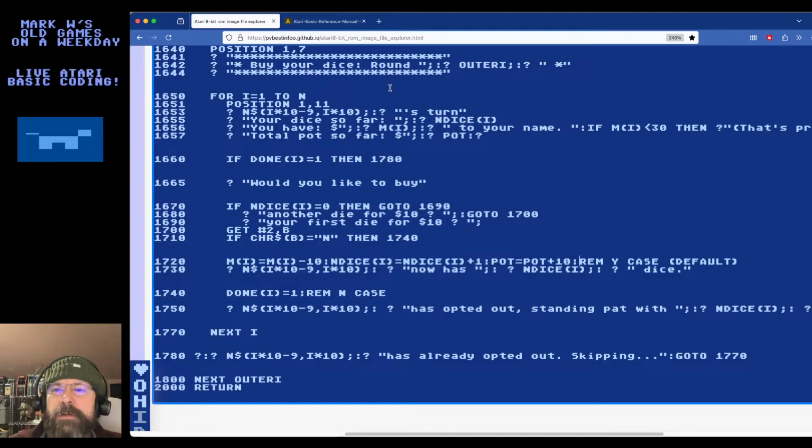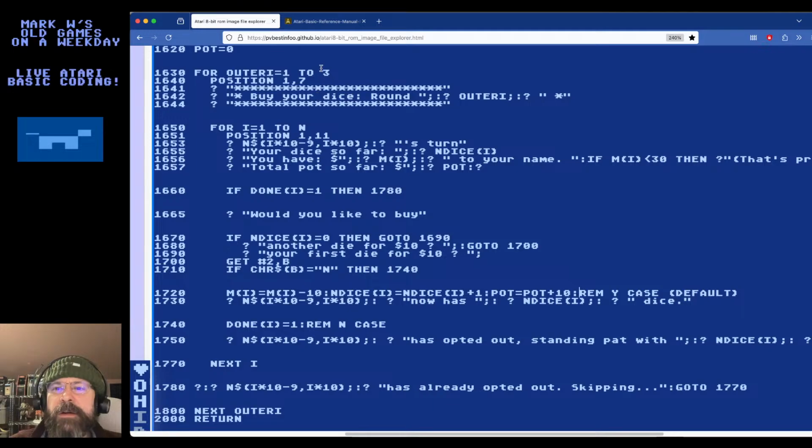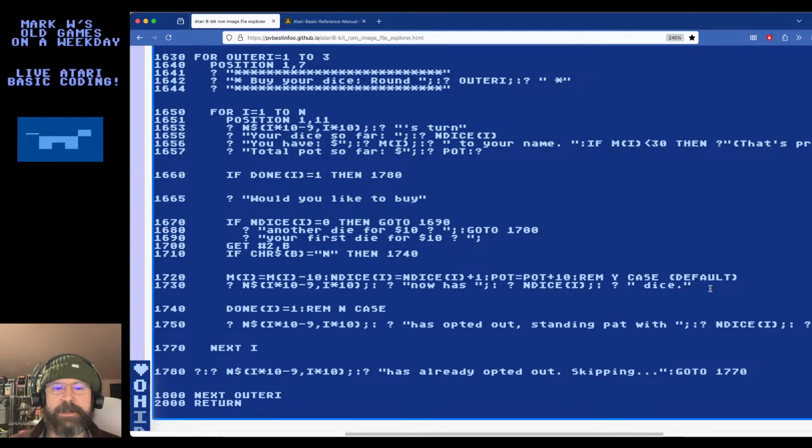Oh, am I okay? I'm already handling that automatically in the loop. See that? In other words, they don't have to code, hey, if the player has 3 dice, then end his run and stop doing the thing, because the outer loop is doing that automatically, sort of, because it's only going to loop 3 times for all the players. All right, so I think I just want to continue here. So I'll cram that in here.